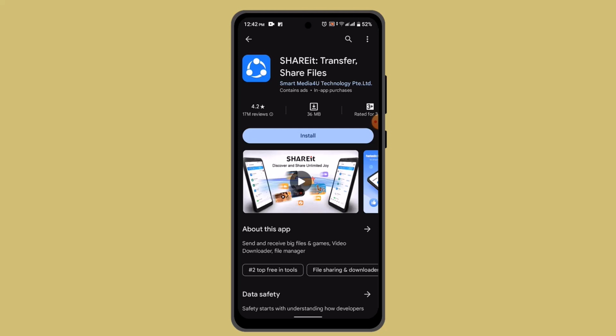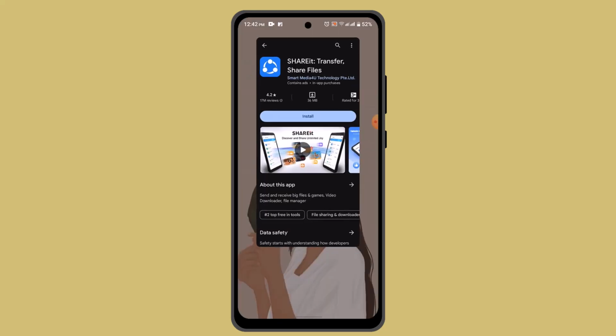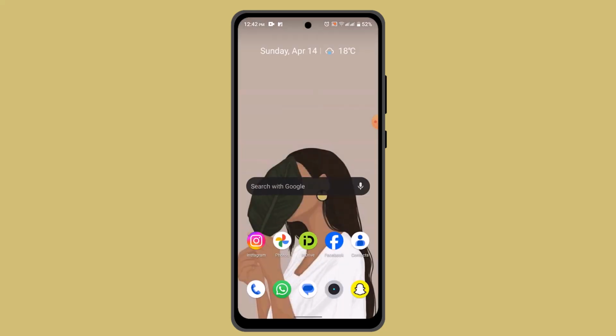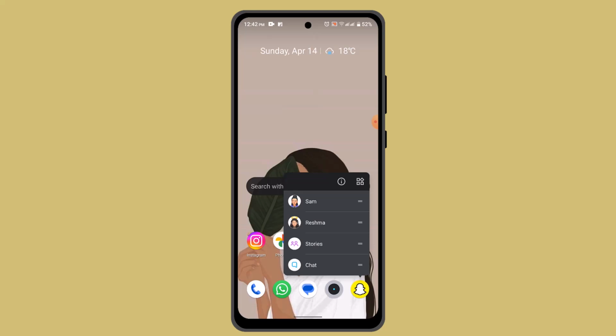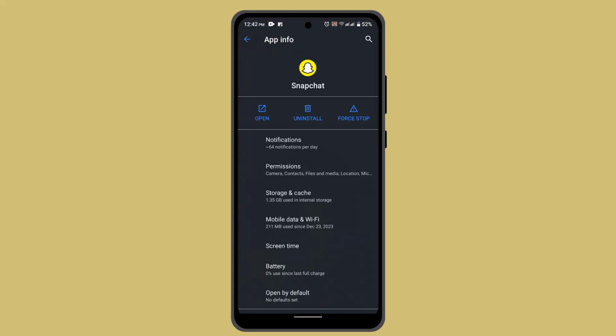And apart from it, you can also try closing the Shareit app completely. Sometimes you can also try forcefully closing the app. So for that, you have to long press on the Shareit application. I'm just going to show you just like this. When the app info page opens up, you can go to Force Stop, and you can enable it for a couple of seconds, and you can disable it, and that should be able to fix the issue